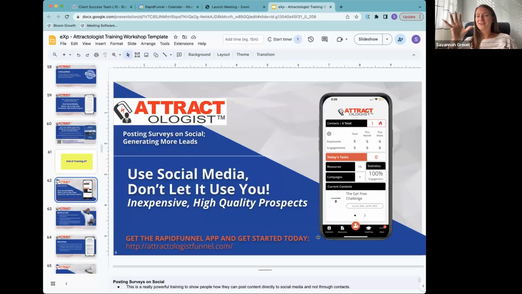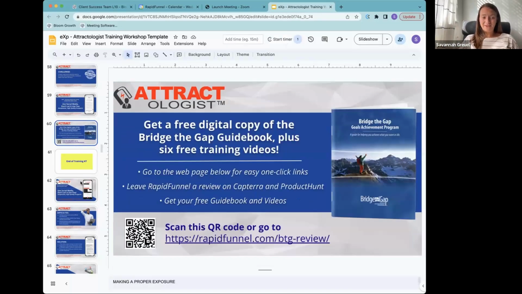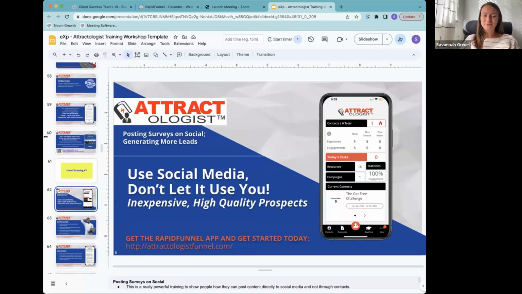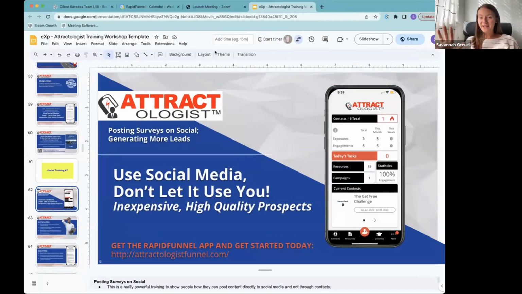This is a really powerful tool. For all of you guys, I know you have your great leaders, you're building a team, you're attracting other agents. So my call to action for you is get your team here on this call, because this is a really powerful tool, not just for you, but for the newest people coming on board. This is the best gift you could give them, because it makes it so simple to bring new people on, and they don't have to be an expert on how to share the opportunity. They just have to know how to use this app and push the right button, and it's all done for them.